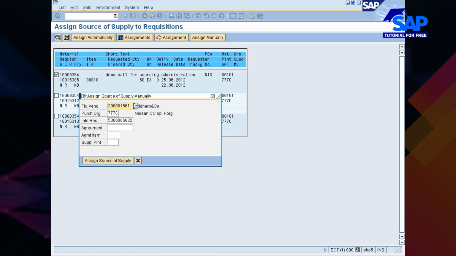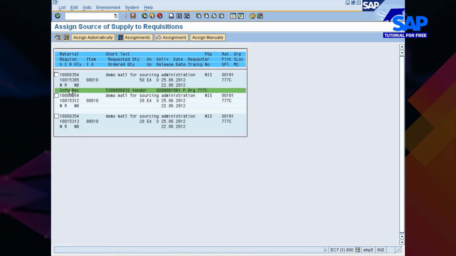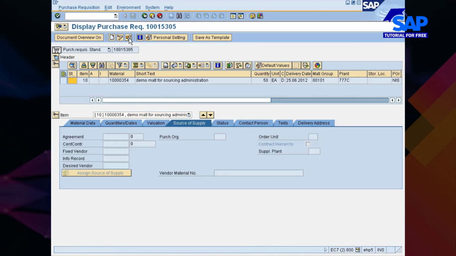Now here Sridhar, with whom this info record was created, has been selected as source of supply. And then when I go with assign source of supply, now you see the info record has been added or maintained as the source of supply. Alright, now if you can just go back and display the same requisition,